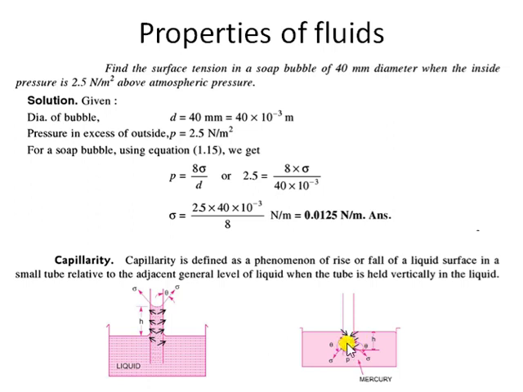So the mercury molecules will try to move away from the glass, and hence there will be a depression. There will be a fall in the glass tube whenever the tube is inserted in mercury. So you can clearly see there is a capillarity fall in this particular case. So I have explained the phenomena, the reason why there is a capillarity rise and why there is a capillarity fall.